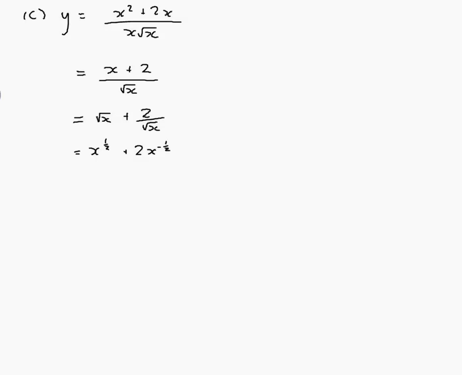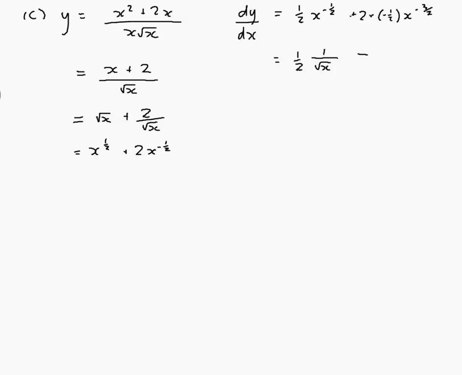So now I can find my derivative. dy on dx is equal to half of x to the minus a half plus 2 times minus a half x. So I take 1 off of minus a half, so I get minus 1.5, so minus 3 halves. So I get a half of 1 on root x